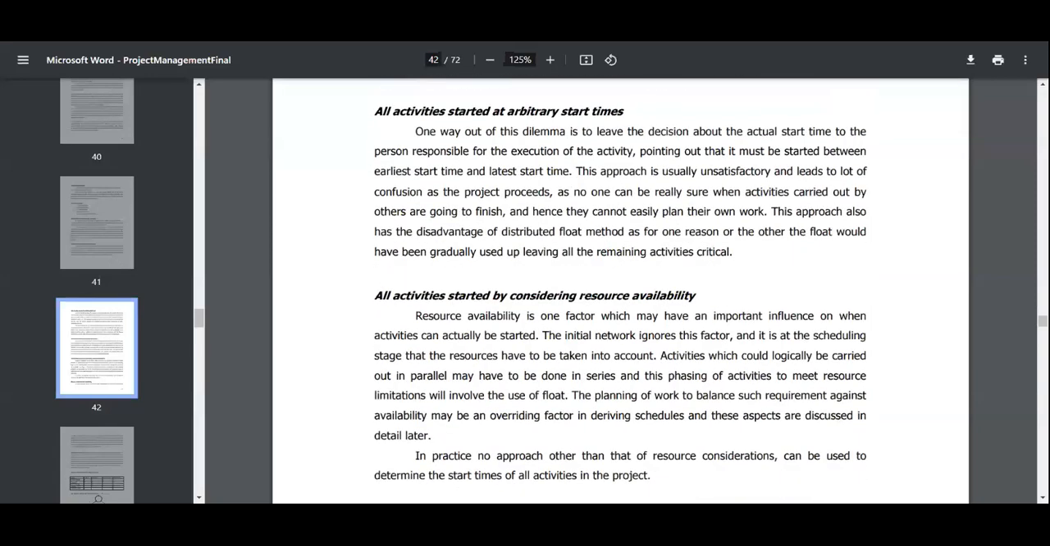Now all activities started at arbitrary start time. Yes, you have to start with some dilemma and decision about the start time for some decision on the activity. If I am given work, it is my duty to complete only that kind of work that my boss or my superior assigned me. Without his or her approval, I could not hand over my work to others, right? So whatever work is assigned, I am responsible for that, and whatever the deadline